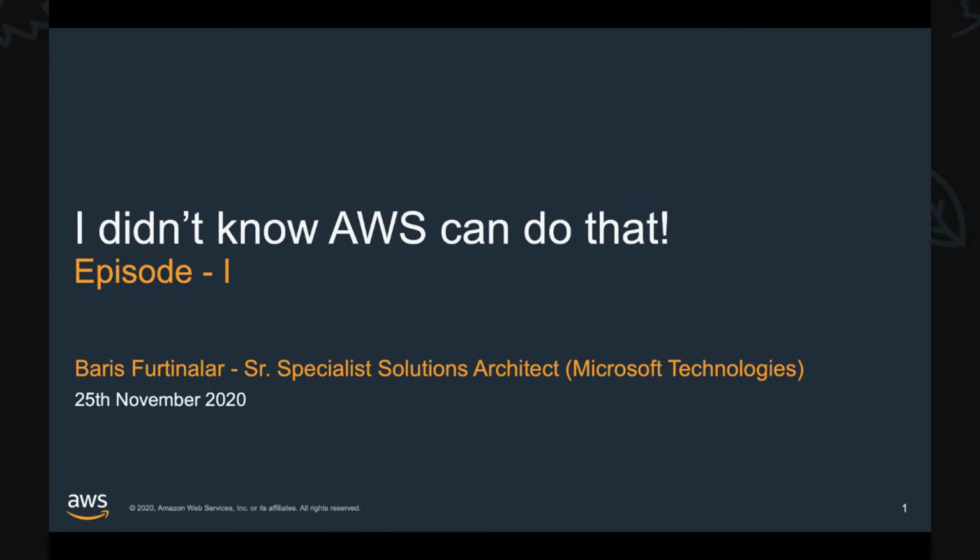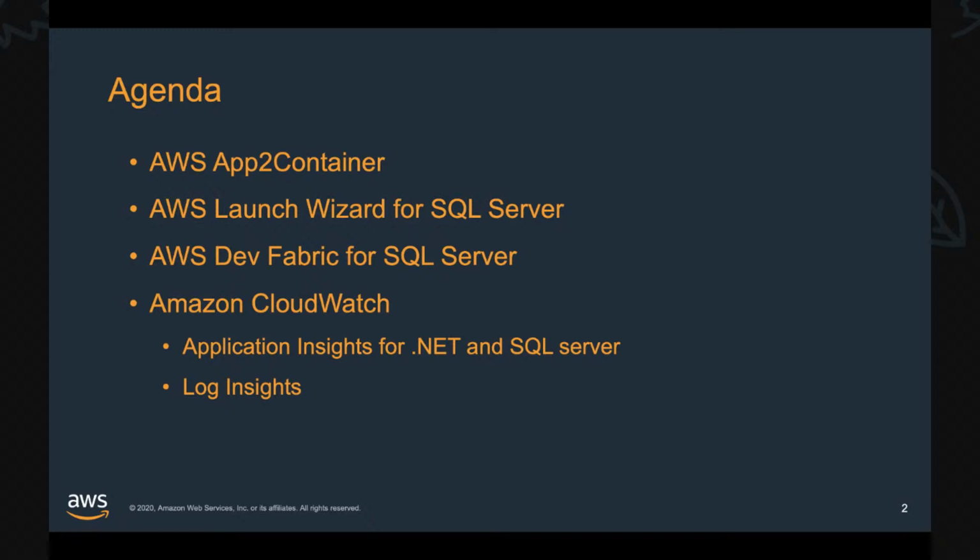So basically what I will cover is while putting this session together, I reflected on my previous customer interactions. So I asked myself, what are the stuff that really caused customers to say, oh, we really didn't know AWS can do that. And in this 200 level session, I will try to uncover some less well-known services and features that our customers are putting to great use when they're running their Microsoft workloads to AWS.